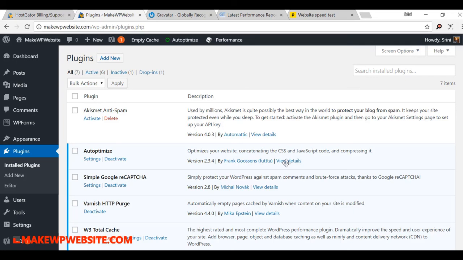That's why I have come up with this list, which I use for all my sites, and you see the performance is much better than what HostGator will give you. They have done their research and I have done my research, and based on my research I believe these are the plugins that will improve your performance better. So make sure you don't install any plugin unless it is absolutely important and it doesn't affect your page speed. If it is affecting your page speed, I will definitely remove that plugin, and I'll find another way to implement that feature. Okay, so next let's quickly configure all those plugins that we have just installed, and then we'll wrap up the session.